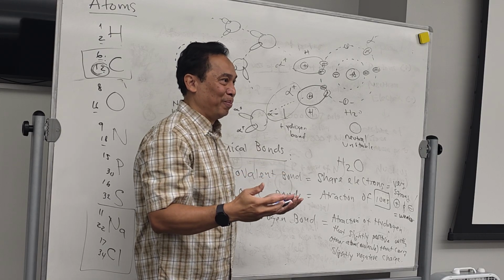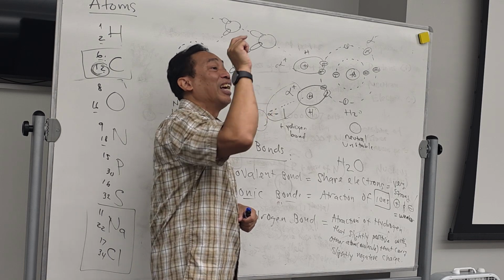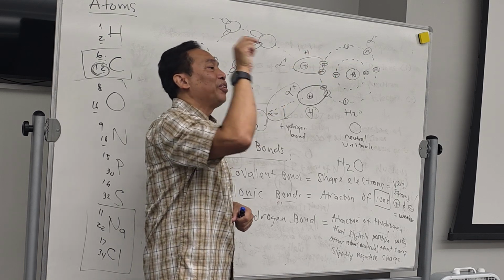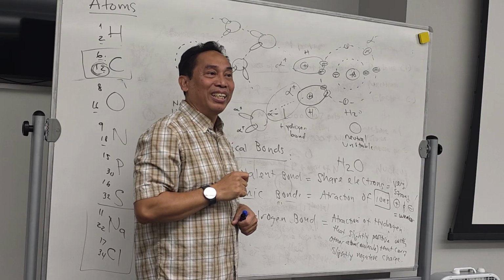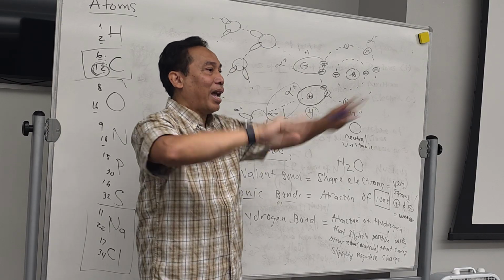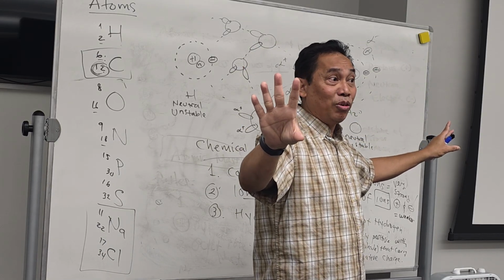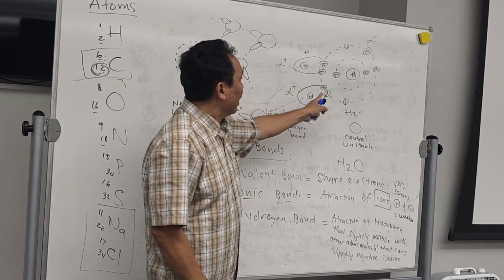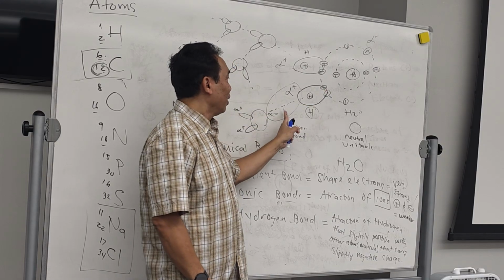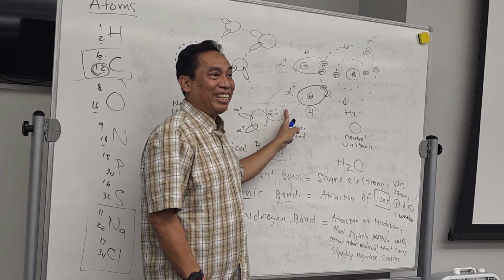Millions of them. Don't say that the water over there is only one molecule of water. It has millions, trillions of water molecules, right? Can you break it easily? You can splash it, right? When it is splashed, when you break it, which one is broken? The family bond or the affair bond? This one, the hydrogen bond.